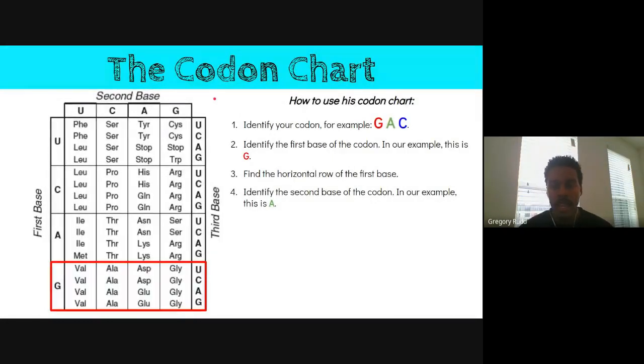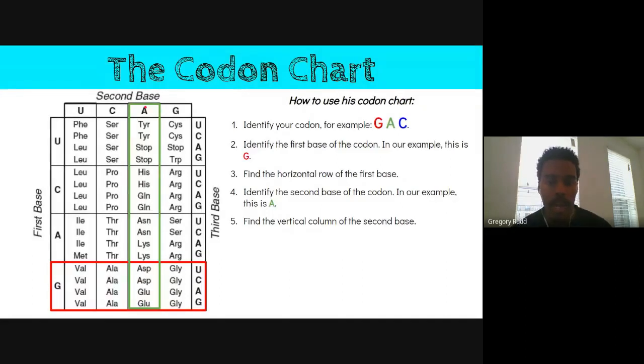Now I need to look at my second base of the codon. In our example, this second base is A. I've got A right here. So I need to look up in my second base and find the right column, so my vertical column for the second base. It's not U, it's not C, I've got A. So I'm looking at this column right here. It's the color green for A. And then lastly,